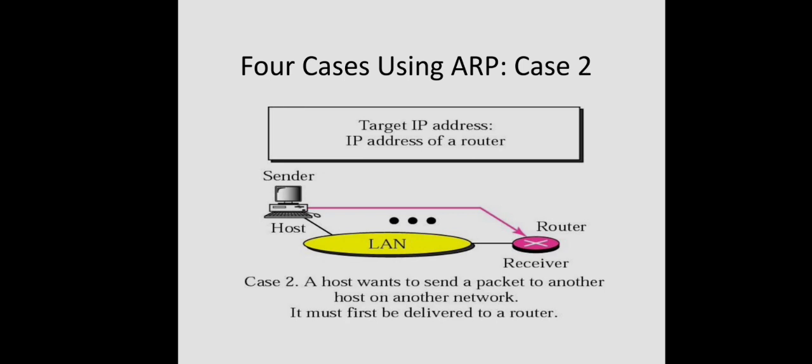And the second one, the sender is in one LAN and the receiver is in some other LAN. In that case, we have to pass this message only through this router, right? So within this network, the communication is using MAC address. That means we have to know the corresponding MAC address of this router. For this, the ARP can be used.